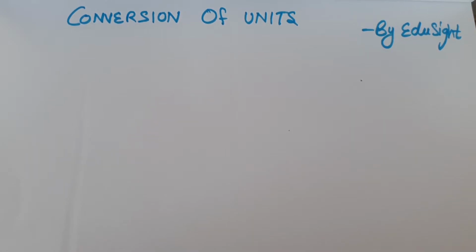This conversion of units is important for every class, starting from junior classes up till the senior classes. So I hope this video will help you a lot. You all might have heard about it many times, like for example meter. Meter is also there with other units: kilometer, decimeter, centimeter, millimeter, hectometer, decameter. So these are the units: kilo, hecto, deca, deci, centi, milli. So we need to know how to convert these units from one to another.